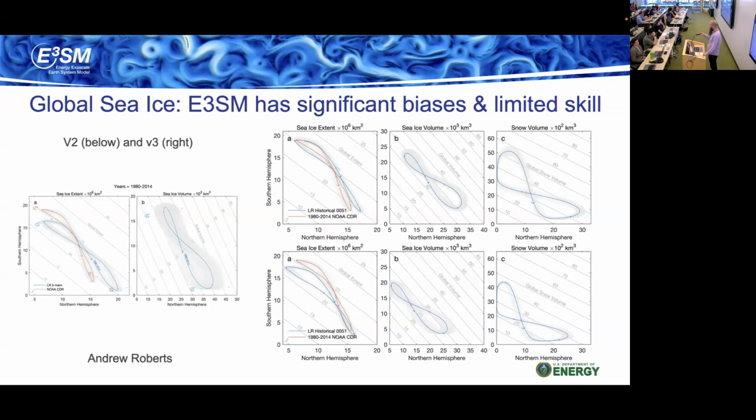I've picked a couple of the ensemble members to show on the right, to show just how much things have improved, which we can see in this global metric. On the right, the curves are practically on top of each other for sea ice extent. There's still that bit where the blue curve is to the right of the orange curve, and that's really due to the Labrador Sea bias that I was mentioning. I didn't want to cherry-pick the best example, so I picked a second ensemble member that doesn't look quite as good in the Antarctic, but still, I think we're very pleased with how things are looking so far.